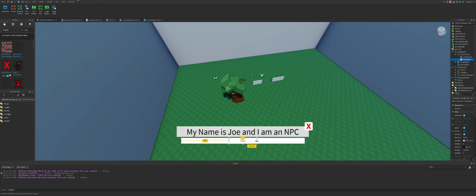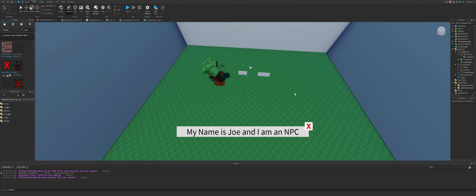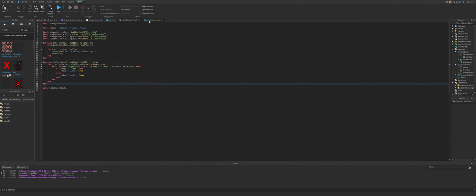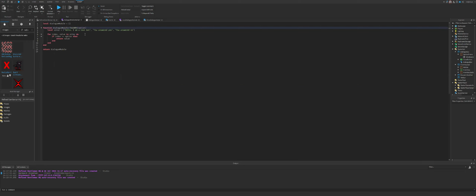So now I call this dialog button. I'm going to put this into replicated storage along with the button template. So now I have the dialog button, and I'm going to make this option frame transparent, not invisible. Alright, so now what we do is in the dialog module script, we need